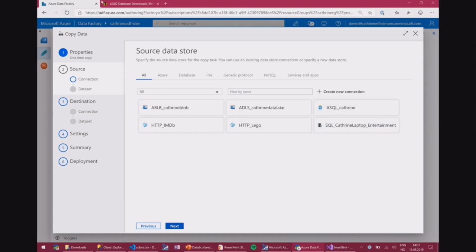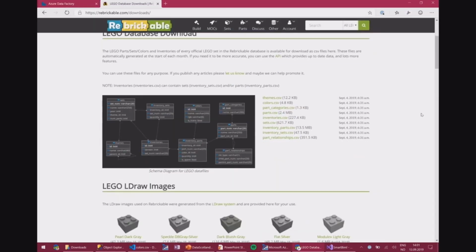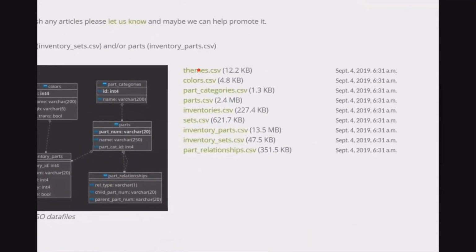So I found some datasets that I like to work with, on a website called Rebrickable. They have some files available that you can download. You can get all the different Lego sets, the Lego themes, information about all the different Lego bricks, the colors, and it makes demos a little more fun to work with. My goal here is basically to grab these CSV files. The entire database is available to download and play with for free. I want to grab all of these files, store them in my Azure Data Lake storage, and then use it from there to load into a database at some point.